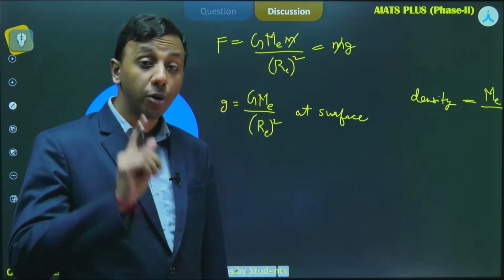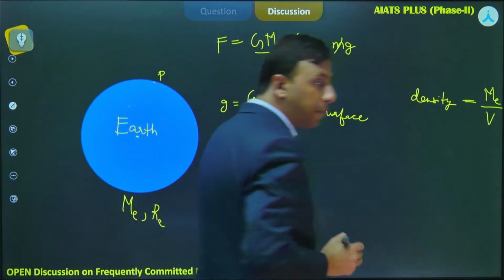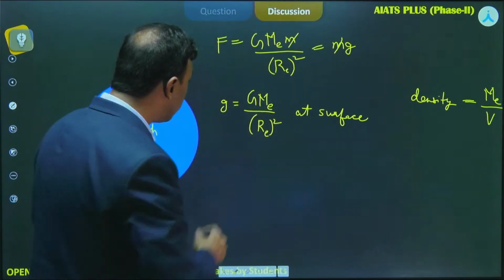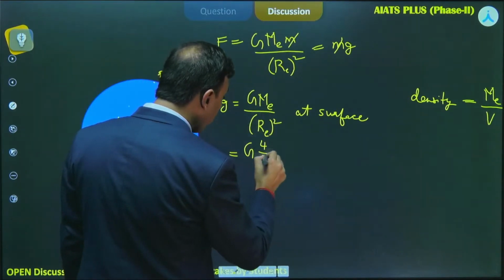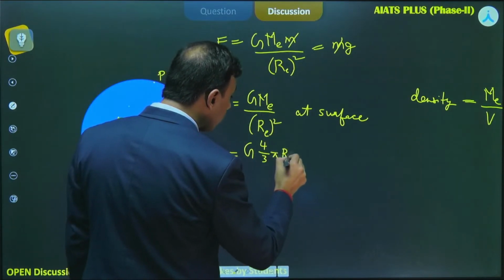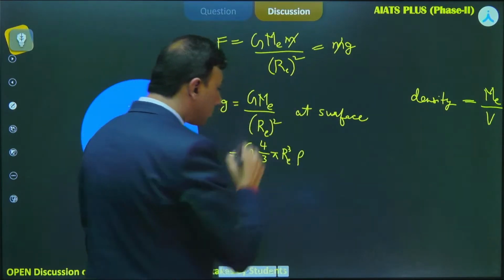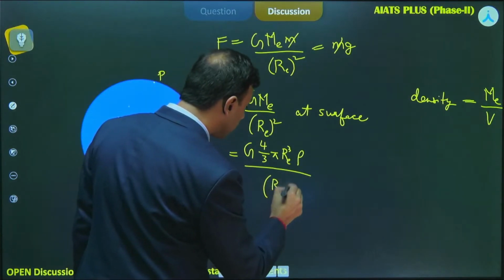Volume is 4 by 3 pi r cube, isn't it? So instead of Me, you can just substitute: 4 by 3 pi Re cube into rho, right? Whole divided by